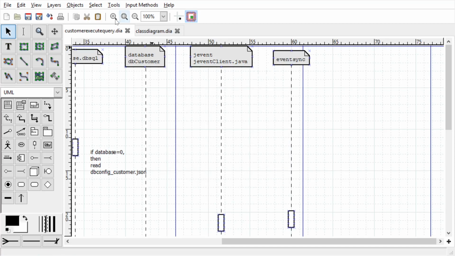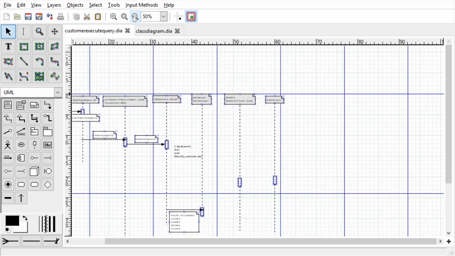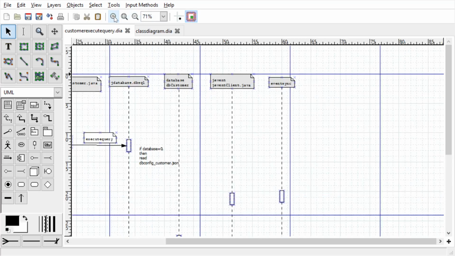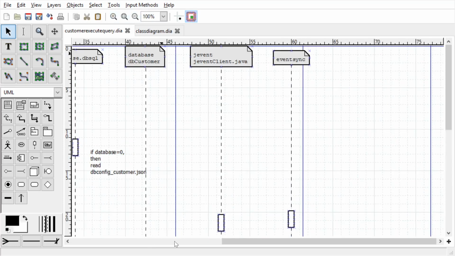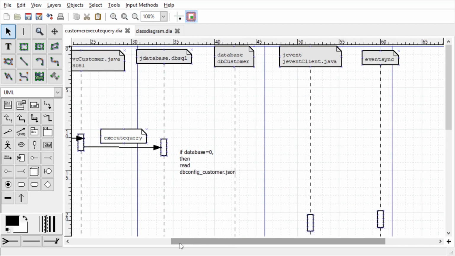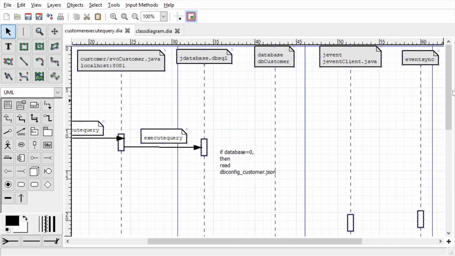Now I'm going to minimize the diagram so that it becomes easier for you to understand all the objects together. Maybe expand a little bit, right? So customer service is calling execute query, but once it executes the query it is also creating an event, right?